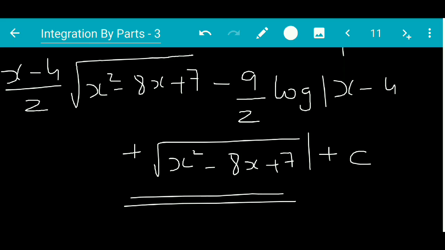Okay. So with this we have completed all possible sums of integration by parts. We have done the exercise in the previous lectures and we have done the miscellaneous exercise in this lecture. In the next lecture we are going to do the last part of the lesson, that is partial fractions. We will see that in the next lecture.